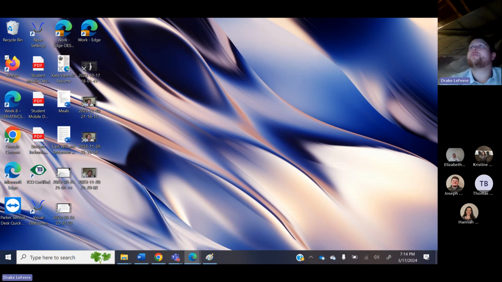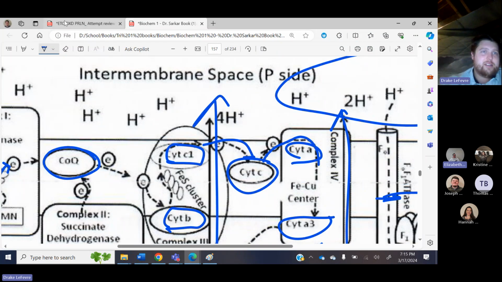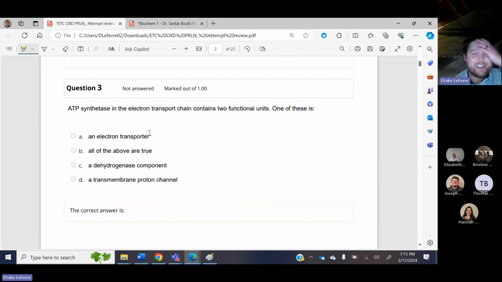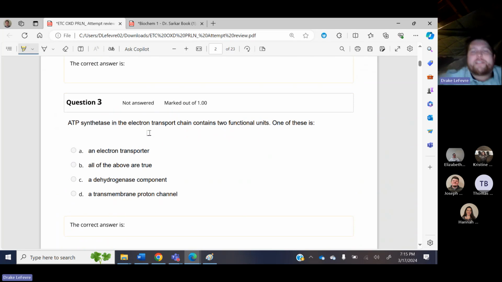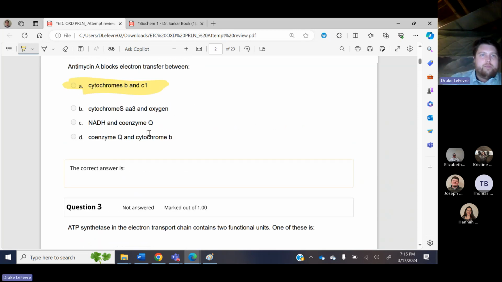There's a lot of flies in Pennsylvania. We live next to a farm, and so we constantly have flies in the house now. Okay. Let's